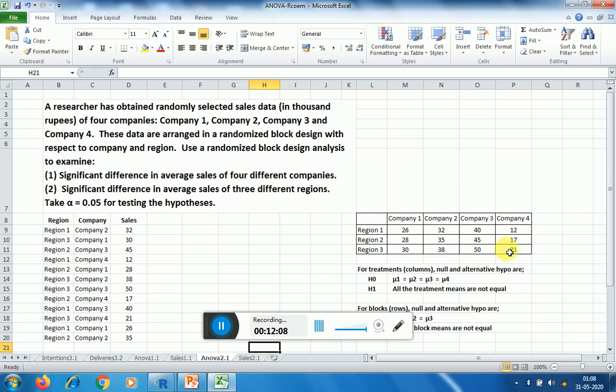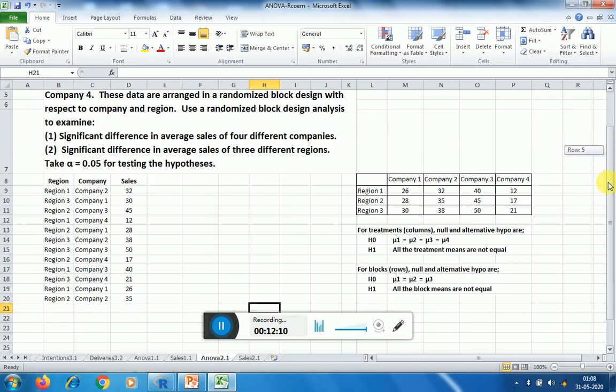So in such cases we might be interested in testing whether there exists a significant difference between the means of these various treatment levels, that is the companies, and also we may be interested in testing whether there is significant difference existing between the means of this blocking variable, that is the region.